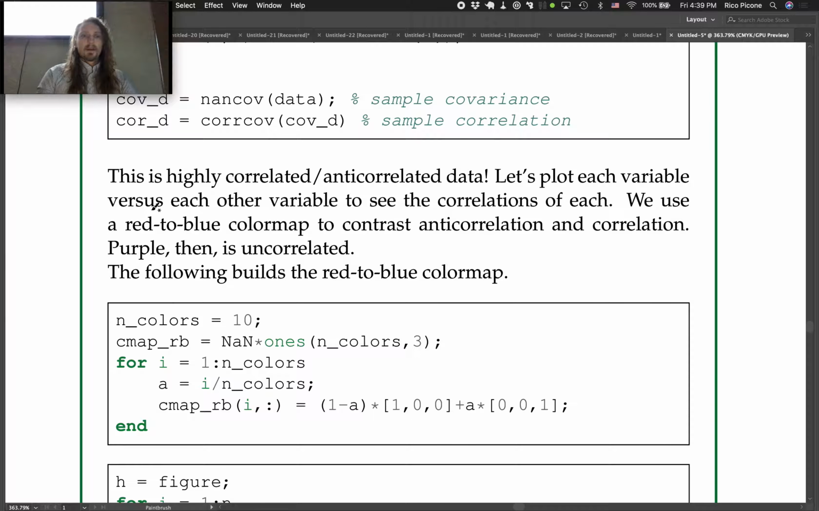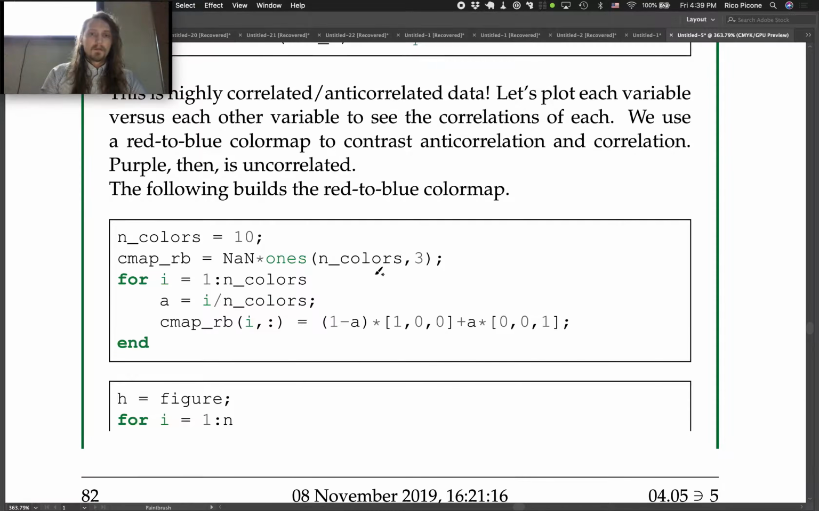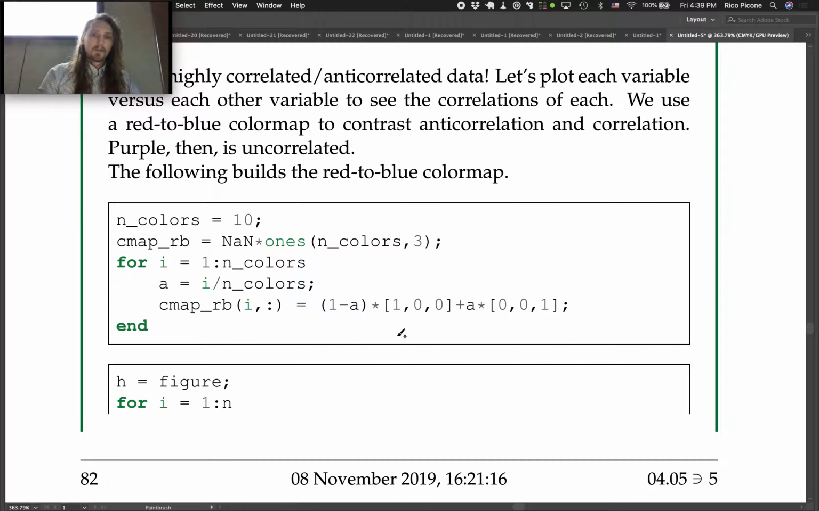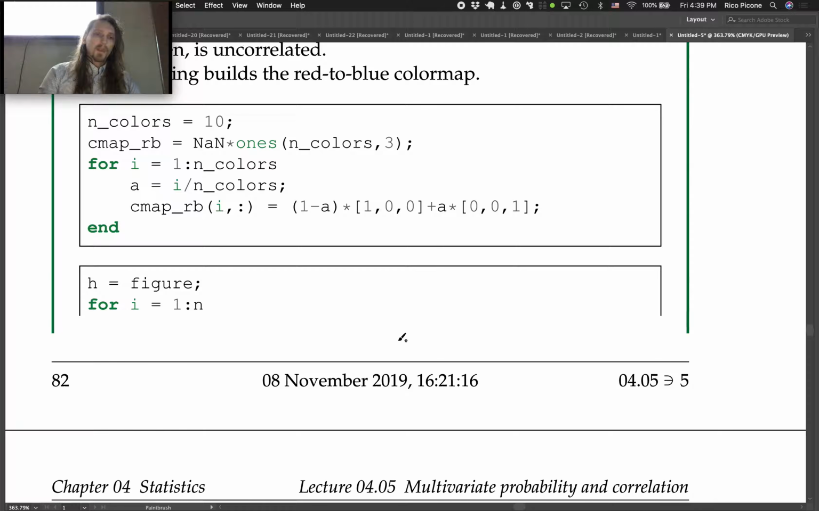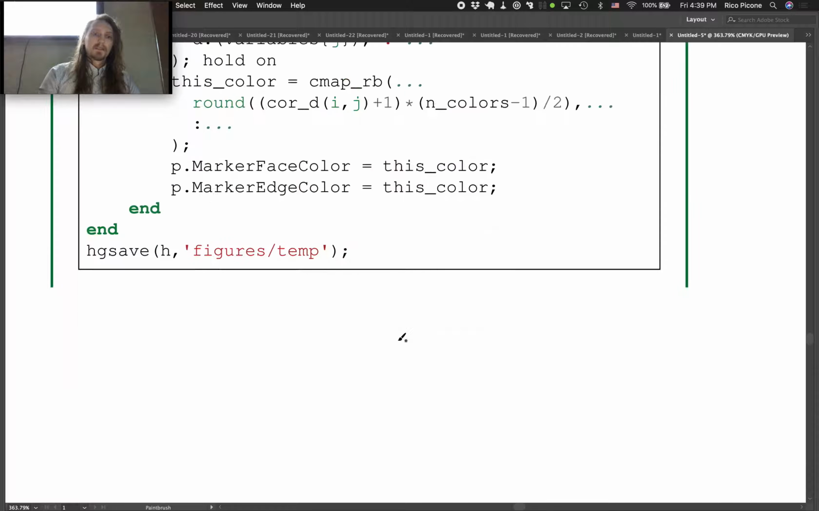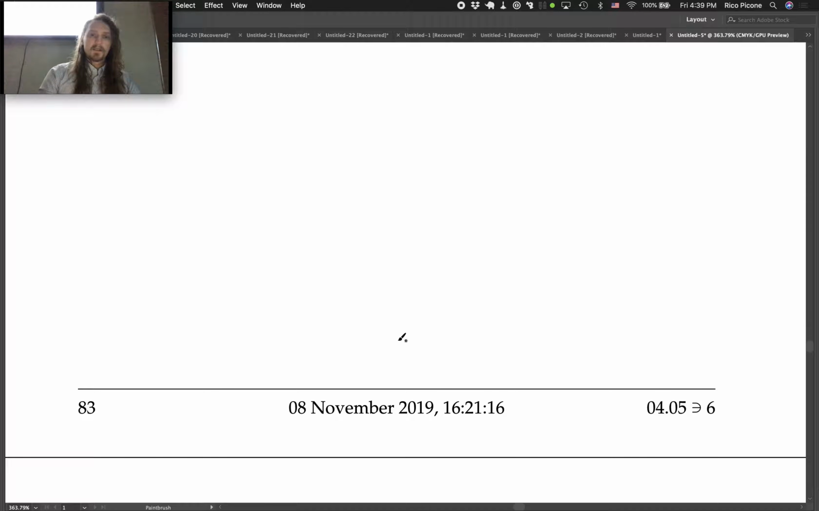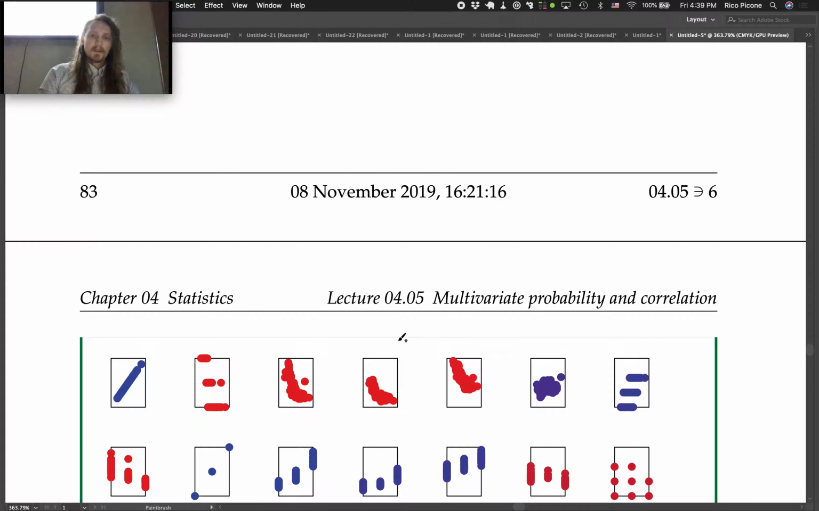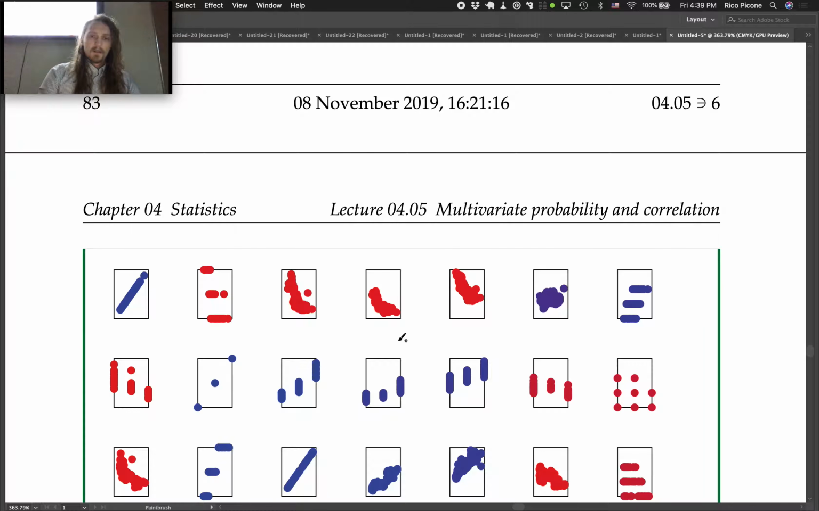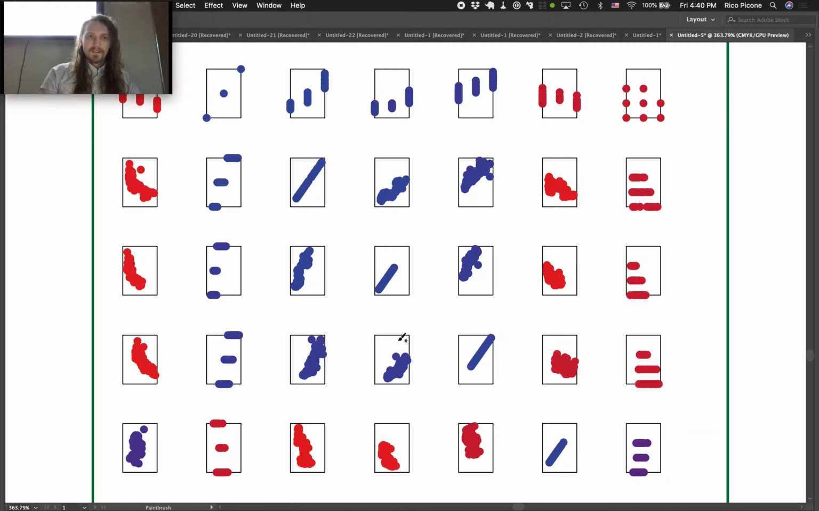This is highly correlated, anti-correlated data. Let's plot each variable versus each other variable to see the correlations of each. We use a red to blue color map to contrast anti-correlation and correlation. Purple then, right in between red and blue, is uncorrelated. The following builds the red to blue color map. So we build up the color map, and then we do the plots. So it creates this array of plots,